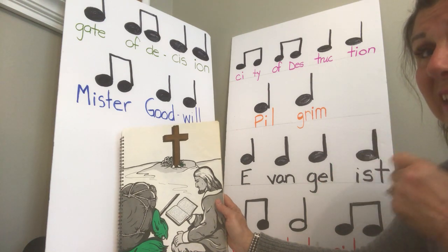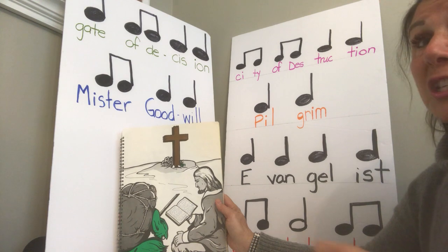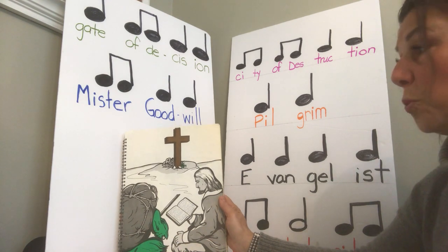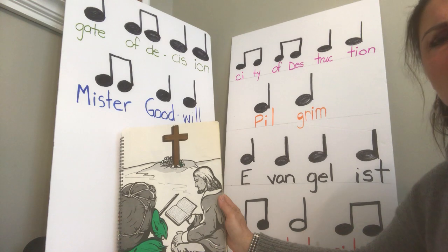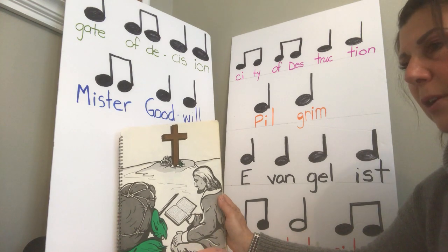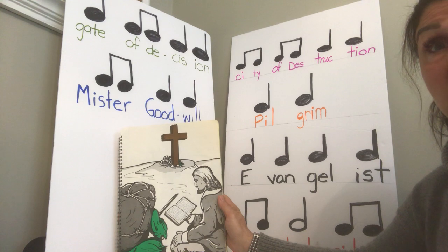But they had to make a decision to ask for forgiveness for their sin and to ask for those burdens to be taken away. Mr. Goodwill turned one last time to Pilgrim and said, "Are you ready to do that? Do you truly want to do that, Pilgrim?" Pilgrim looked up at Mr. Goodwill,